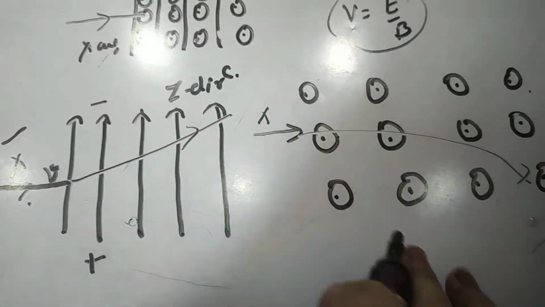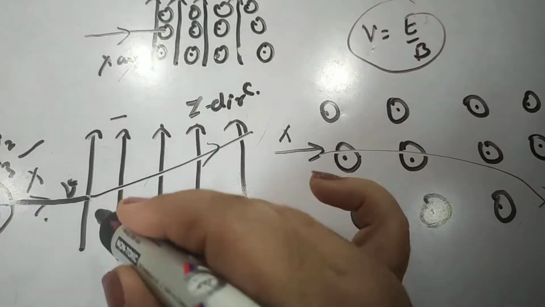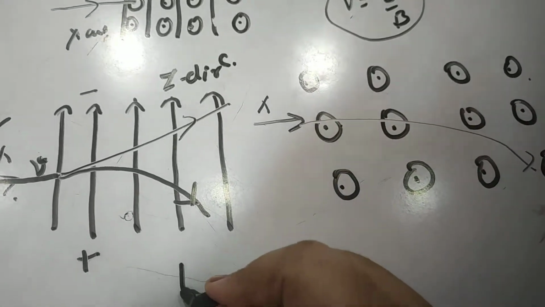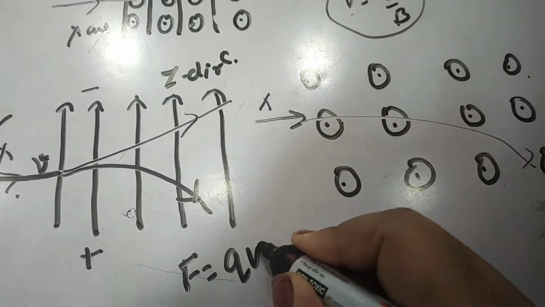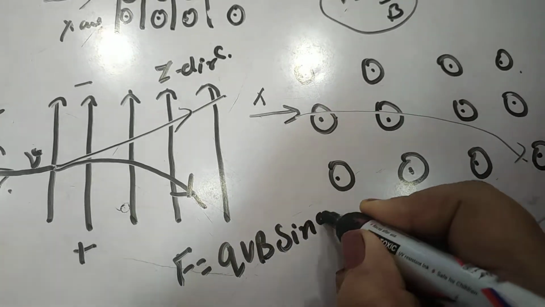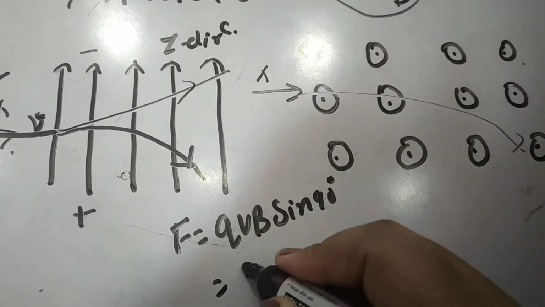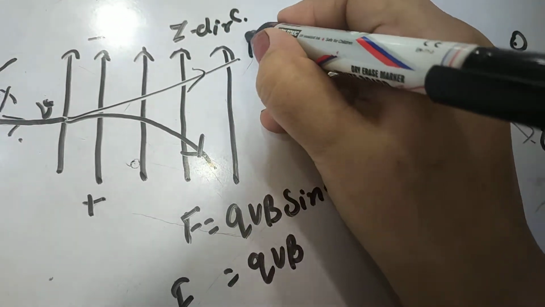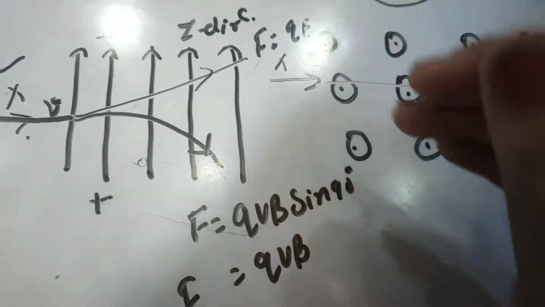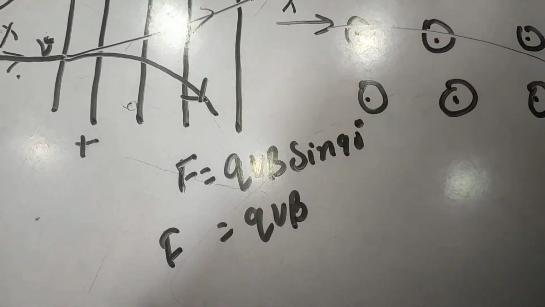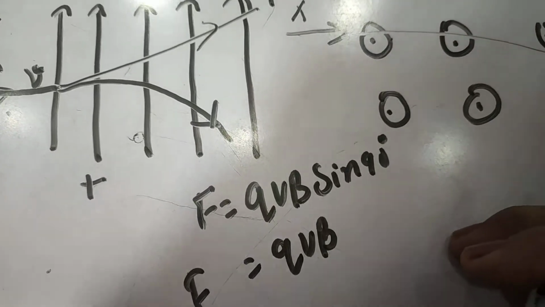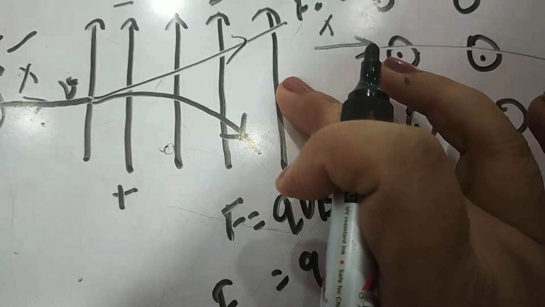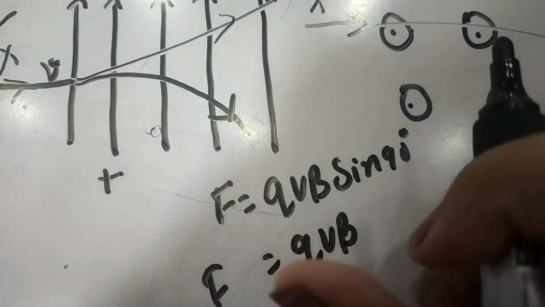So actually this is moving under the effect of electric and magnetic fields, so it will tend to move in this direction due to the magnetic field, and the force experienced is F equal to qvB sin 90 degrees, since B and v are at 90 degrees. So this is qvB only, and due to the electric field the force experienced is F equal to qE. Now we know that the particle will pass straight only if it experiences equal force due to the electric and magnetic fields, right?